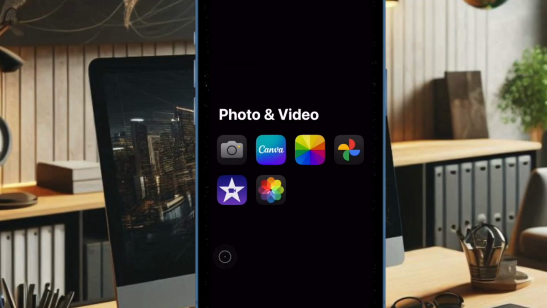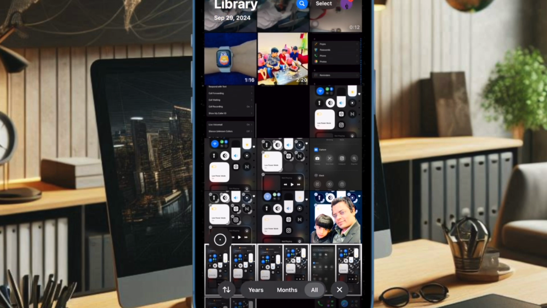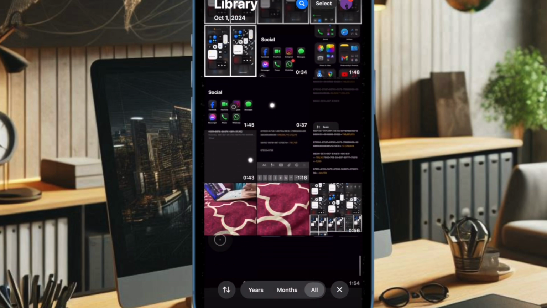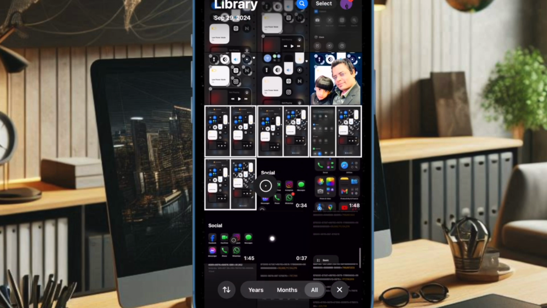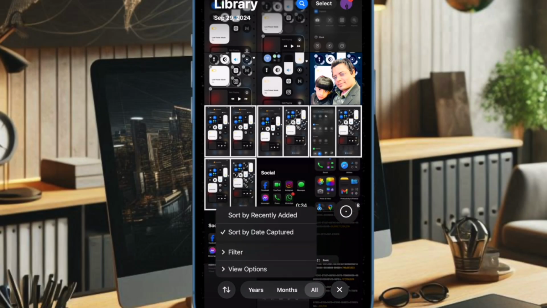So to get started, you have to launch the Photos app on your iPhone or iPad. And then you have to scroll up in your camera roll slightly to reveal the bidirectional arrow icon in the bottom left corner, which is the sorting button that automatically hides or shows itself depending on where you are in the Photos app. And then you have to tap on the bidirectional arrow button and choose the Sort by Recently